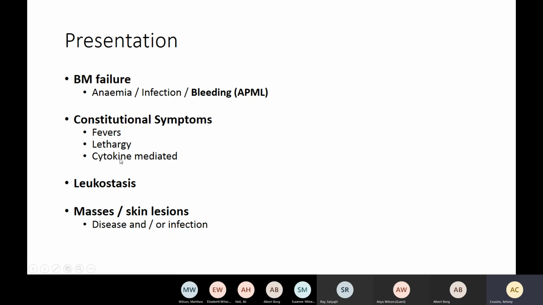Often, children with AML get constitutional upset, almost certainly mediated by cytokines released by their leukemic blasts. This could be fevers or lethargy or weight loss, these kind of constitutional symptoms. Occasionally, you can get children who present with leukostasis. So leukostasis means that they've got so many leukemia cells in their blood, and often it's big sticky leukemia cells,